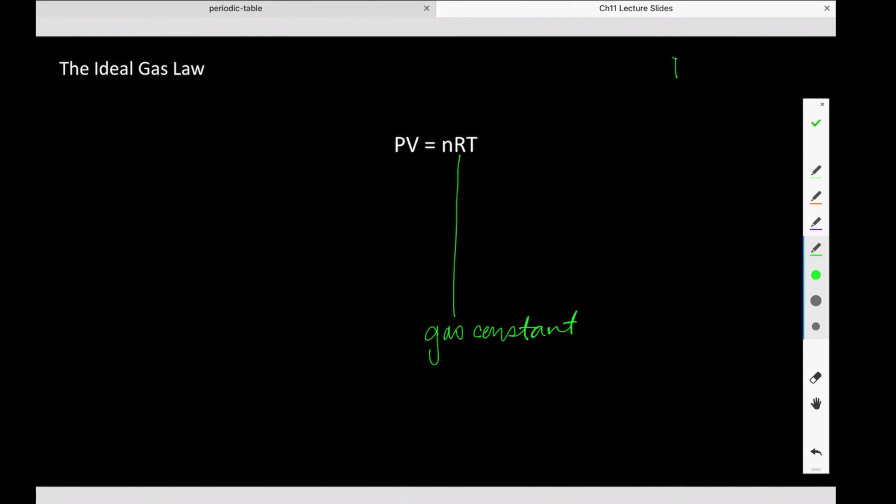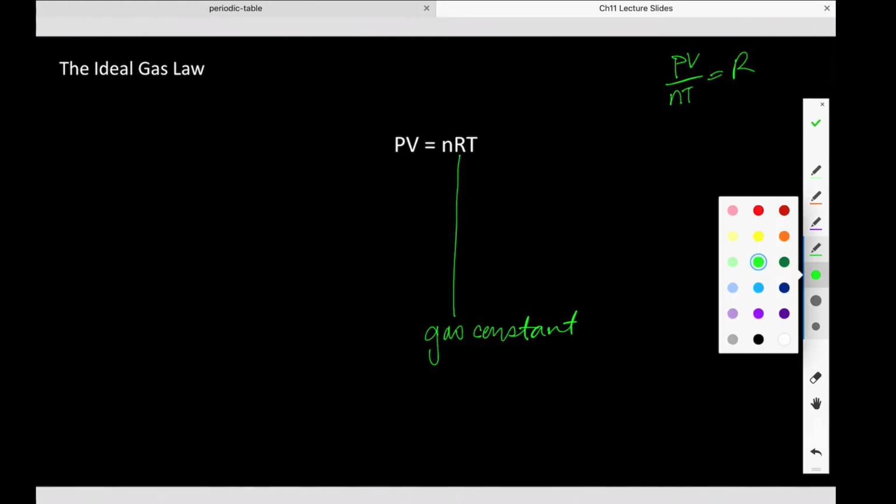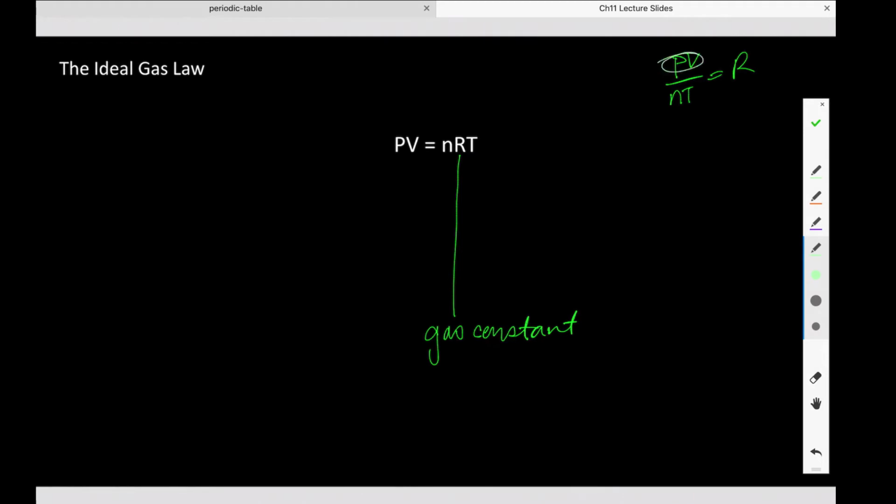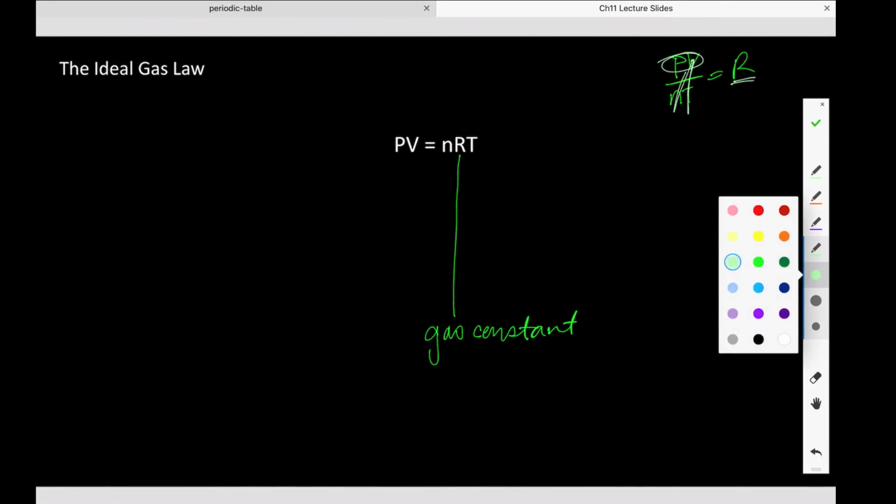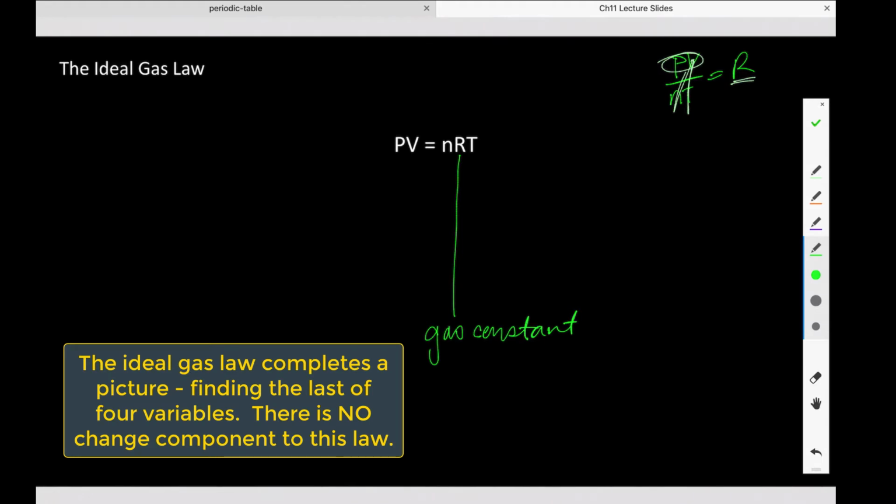So actually, if we think about it first, what really happens is we have PV over NT is equal to a constant, right? Because P times V, so P times V is what? Right, this is our Boyle's law. And then we have Avogadro's law, we have Charles' law. So basically, this is just all the laws put together, right? And we know that they're going to equal this constant value. That's what this is. So this relates all those pieces of information together. It's called the gas constant,